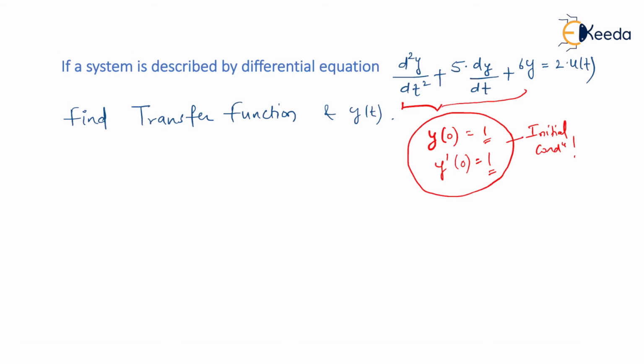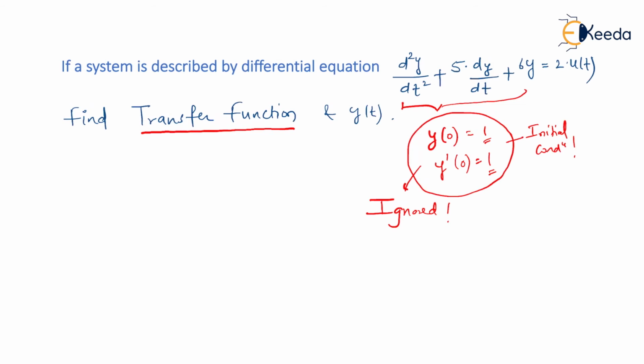Let me clear. For this question, initial conditions are not given, but in case in the exam, just to confuse you, they have given initial conditions, and still if they are asking you for transfer function, then you have to ignore these values. Okay, so these need to be ignored. Why to ignore? Because you cannot have transfer functions with initial conditions. Initial conditions must be 0. To get transfer function, a system should be initially relaxed.